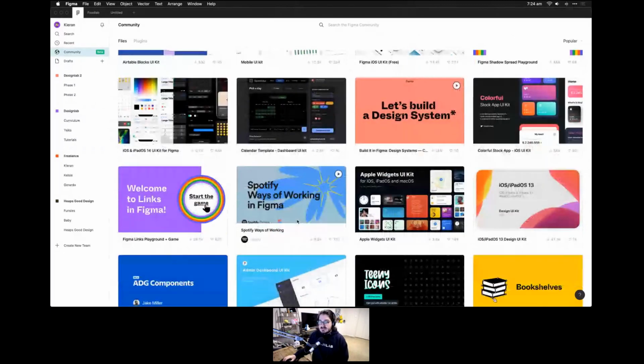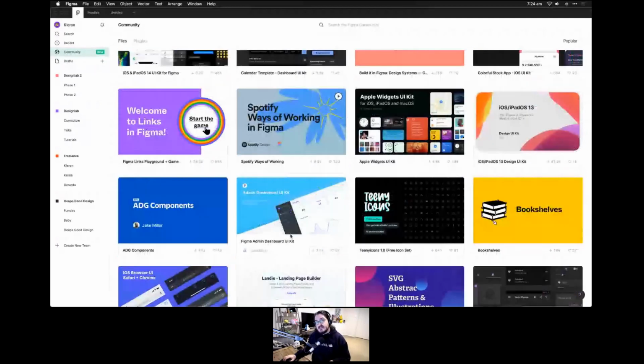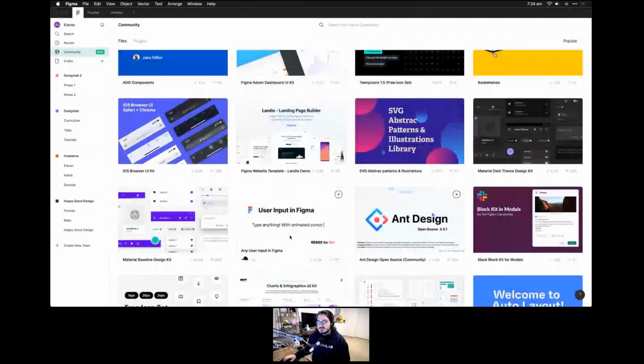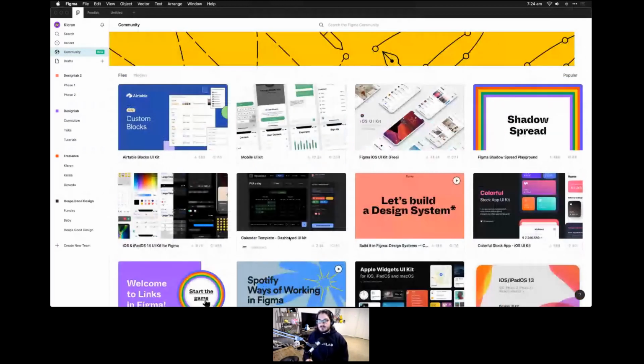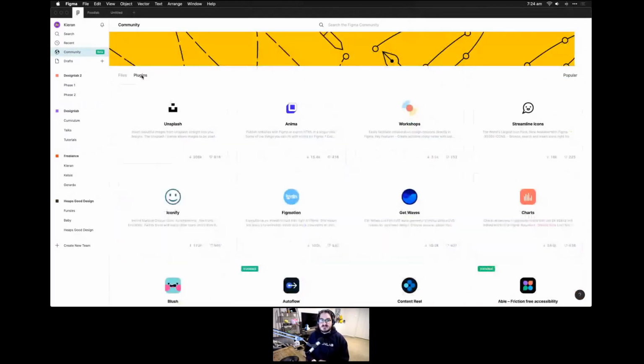But as you can sort of see, there's some stuff that is by Figma and some stuff that's by big companies like Spotify and so on. So yeah, heaps and heaps of stuff in there that you can then look through and find out for yourself. And then you've also got plugins. So plugins, if you're familiar with Sketch or Photoshop or any other design tool, what they do is that they essentially extend